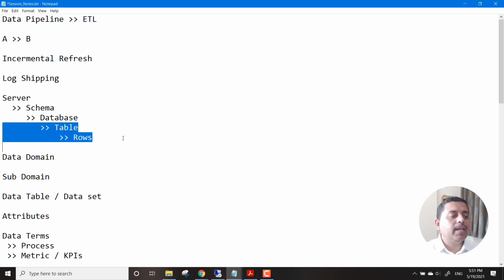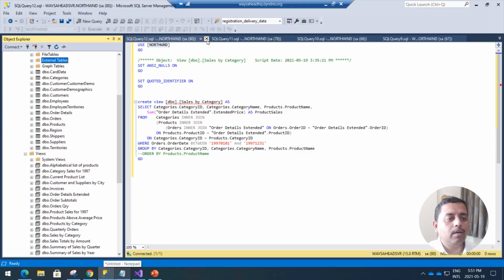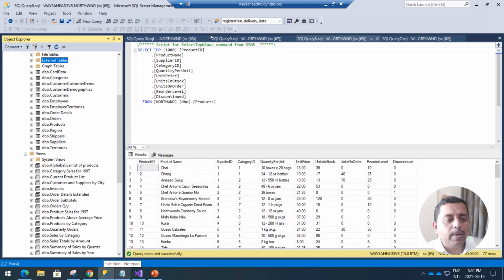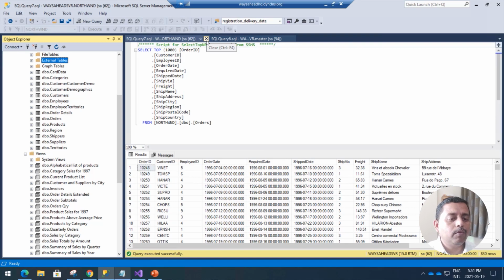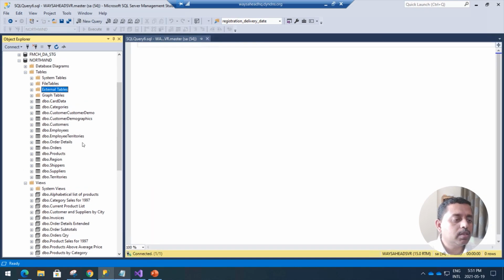So let's take an example, using the same database that we saw over here. If you look at the database that we brought in, from our data understanding perspective, we know that we have this data source, which is, let's say, the orders.